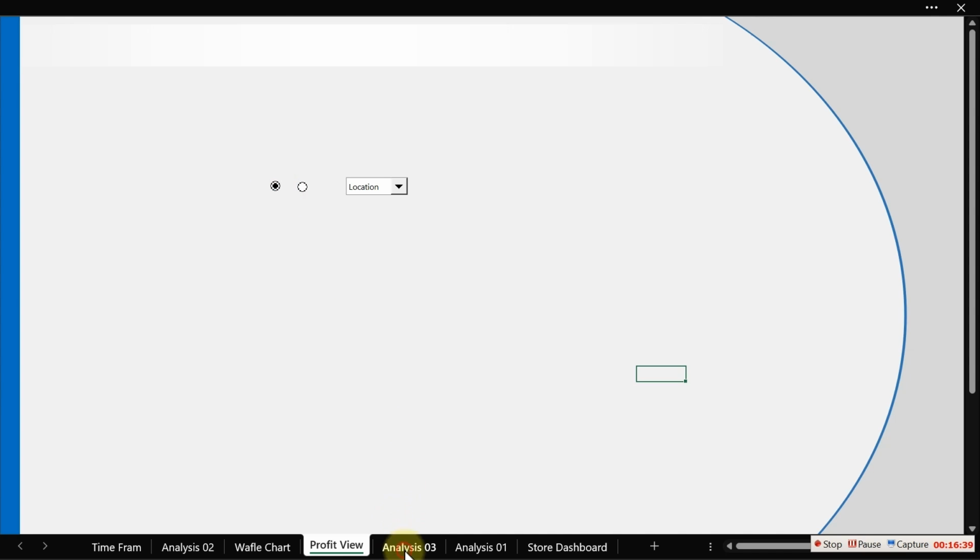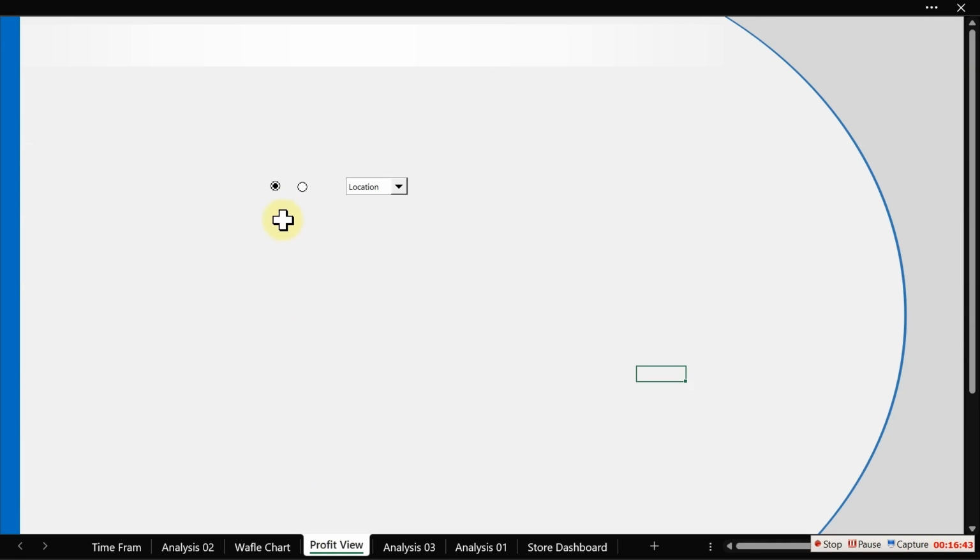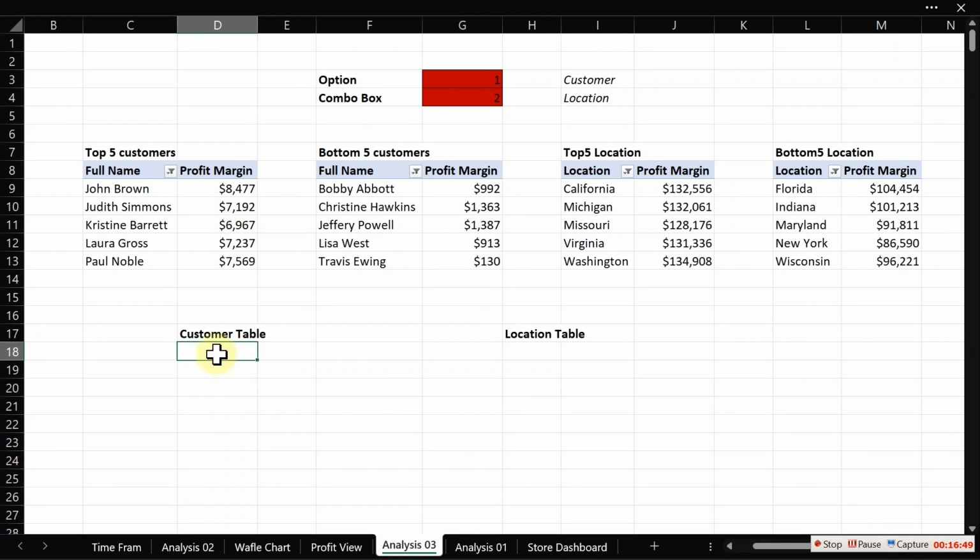So if I go over here, I am seeing one for option because I have selected this first one we inserted before we duplicate and have this one, right? So what I'm going to do right now, I'm going to just come over here now. I'm going to use the if function. With the if function, I'm going to say if this particular option button here